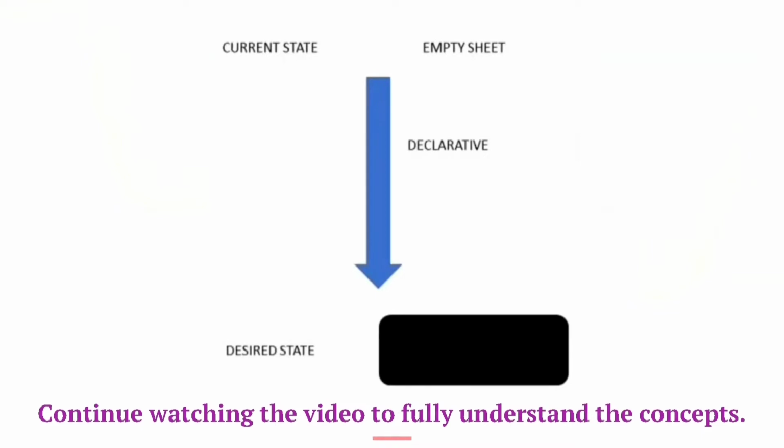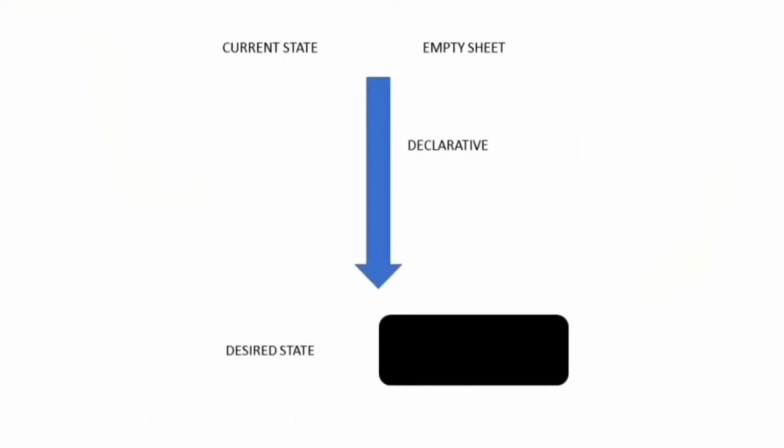Suppose I want to make a rectangle. As we know, we are going to follow the declarative approach, meaning I have to tell in our file that I want a rectangle of this width and this height, and this information will be used to make a rectangle. I don't need to explicitly tell it to go this way, then turn right and all that, as that would be an imperative approach. So this is how Kubernetes works.